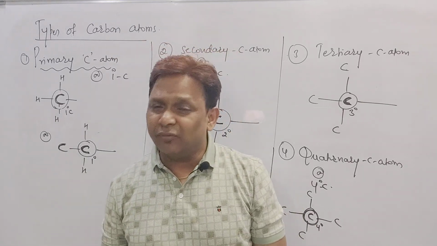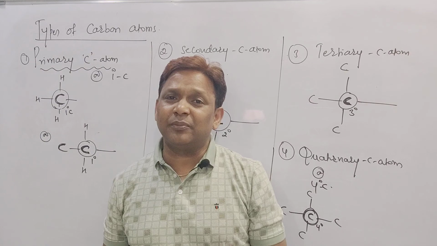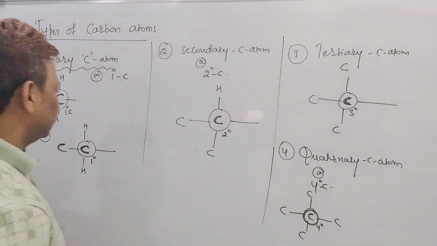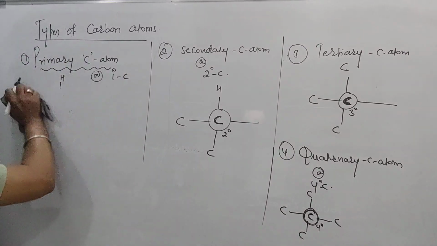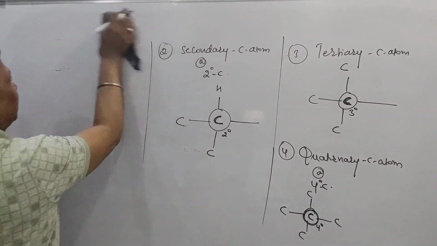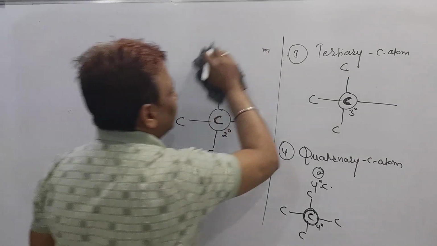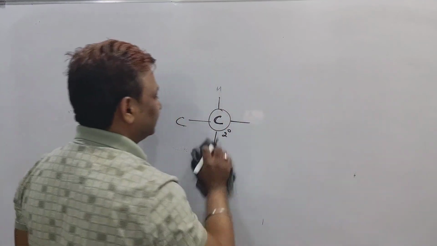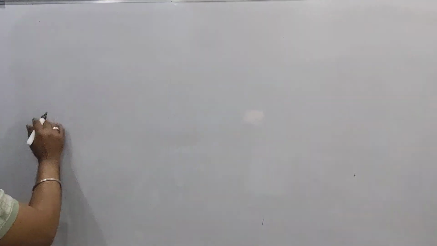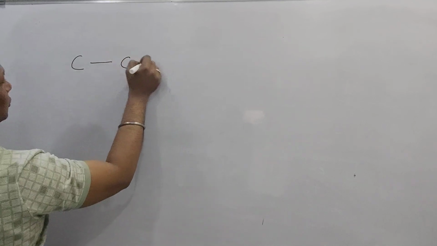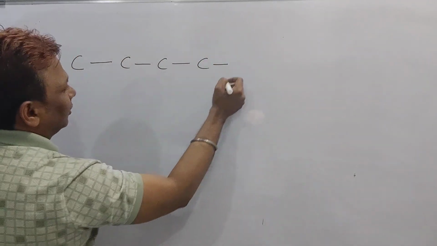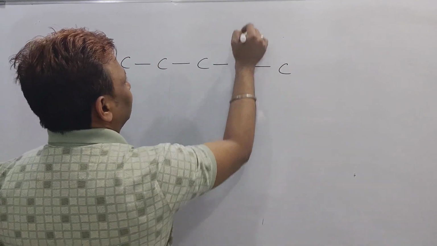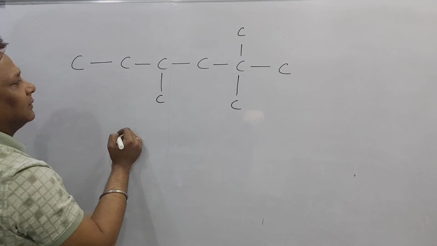But I will give one compound for you, and I will ask you, among this compound, how many primary, secondary and tertiary carbons are there. See, beta, based on this we are able to find out the type of carbon atoms present in the given compound. One second, I will give an example for you. Suppose, beta, this is the compound I am going to write here. 1, 2, 3, 4, 5, 6, 7, 8, 9.